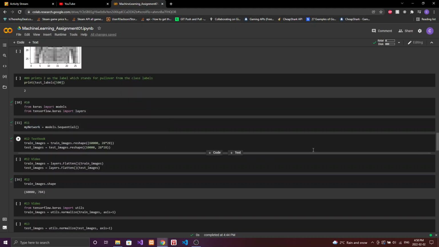And then we're going to reshape our array of the pixels into a one-dimensional kind of array. So we actually just want to have just the 2 columns. One would be, say, the labels, and then the other would be the actual amount of pixels in it. So we got the number of clothing and the pixels that make up the clothing. That 28 times 28 stands for the 784 neurons that we have that make up the pixel image. So we have that. We're just doing that for our training images and our test images. We are doing it to the shape of 10,000 because that's all that's in our testing, and we have 60,000